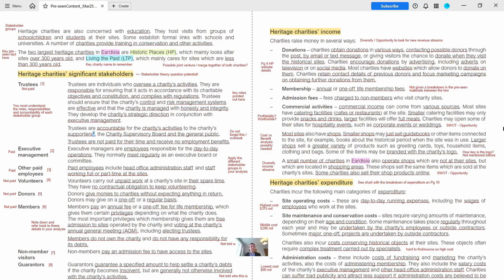With the last key thing for this section being that the two largest heritage charities in Edisia are Historic Places, HP, and they look after sites over 300 years old. Make sure you've got that down in your notes. That could come up on the exam day as a test of whether the student has really understood the criteria and the background